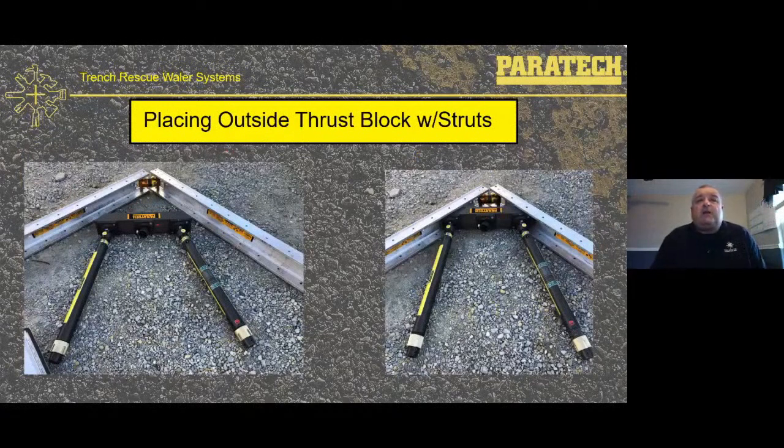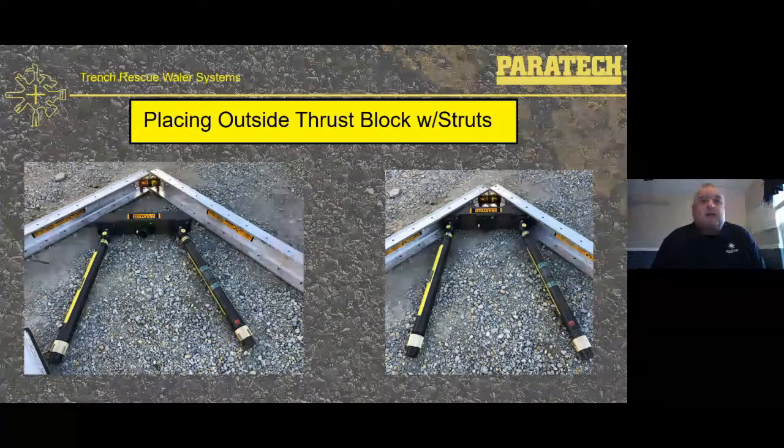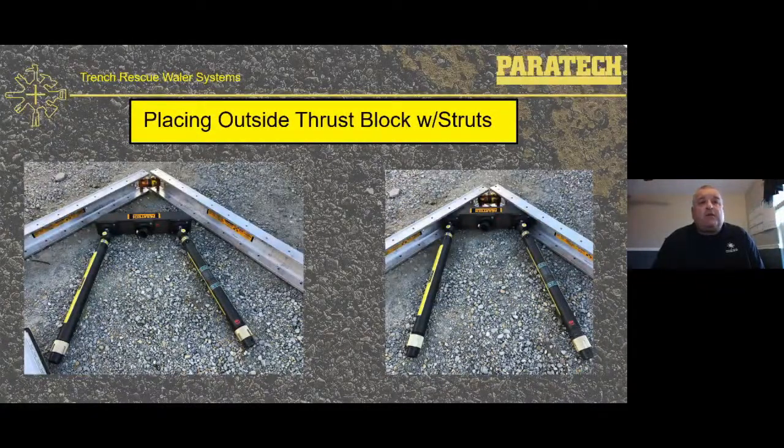Placing the outside thrust block with the struts. If you take a look, we've got our whaler together. We've got the outside thrust blocks. You're going to attach the struts to the outside thrust block. Then you're going to lower the whole thing with the outside thrust block and the 2 struts into place as